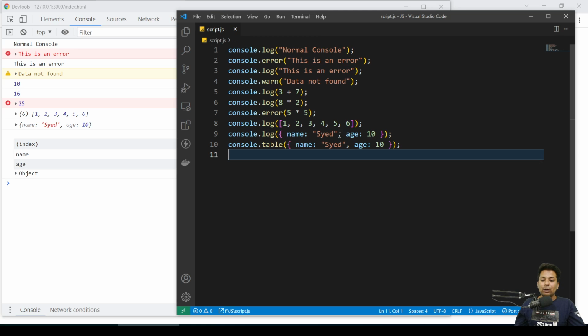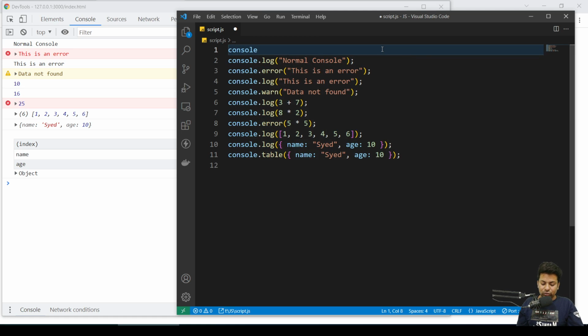Suppose you want to calculate how much time your JavaScript code took. Suppose these all are your JavaScript code and you want to check the timing. So firstly you have to say console.time. So you have to start a timer. So you'll say the time took, like this. This will not print, it will just start. Now whatever matching end statement you put, at that time it will print.